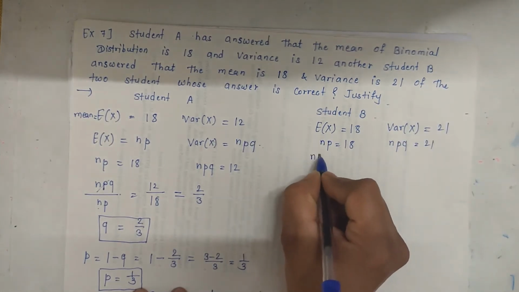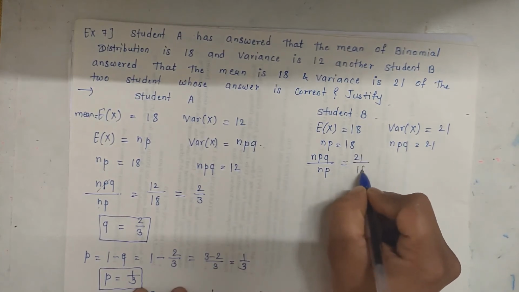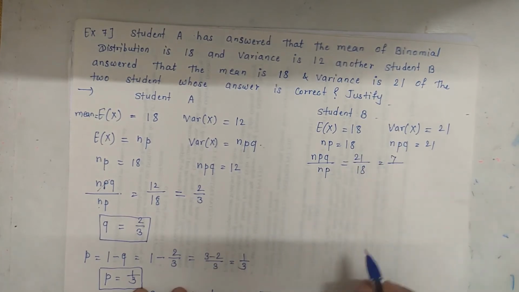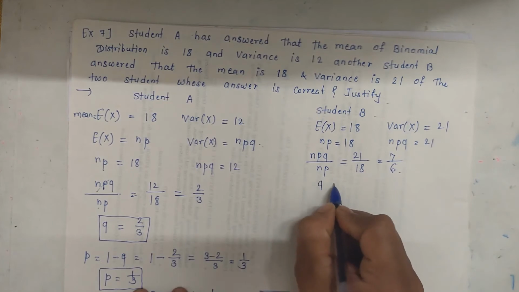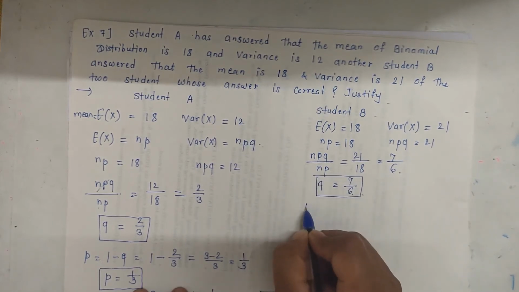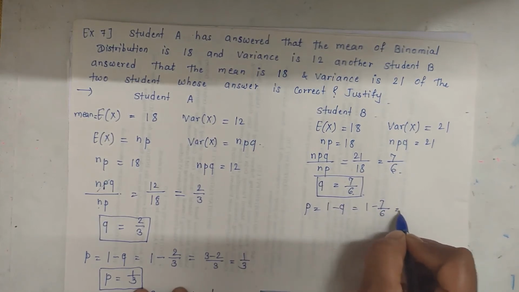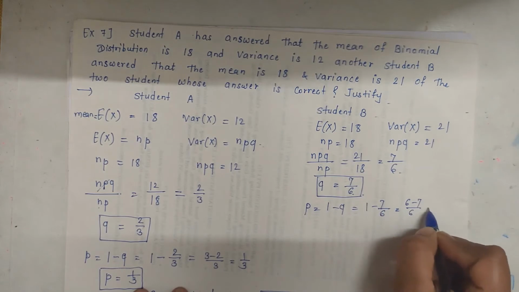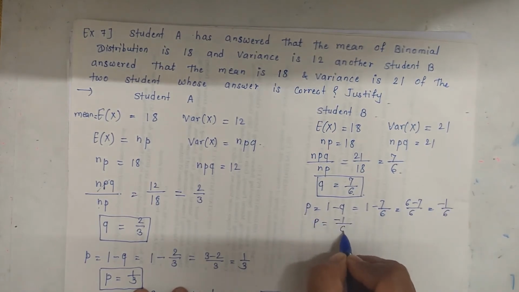Now the ratio of npq upon np is equal to 21 upon 18, that is 7 by 6, that is q is equal to 7 by 6 and p is equal to 1 minus q, 1 minus 7 by 6, that is 6 minus 7 by 6,